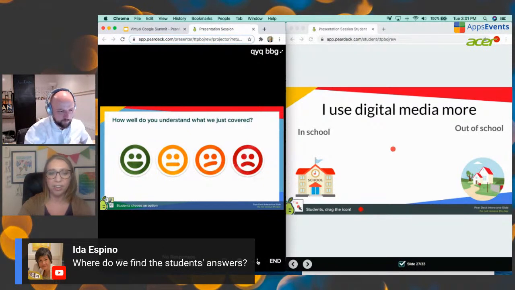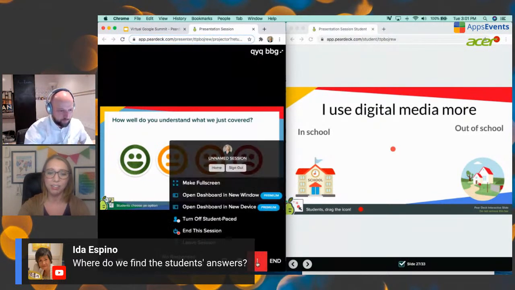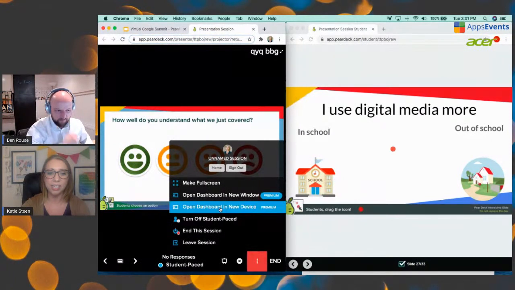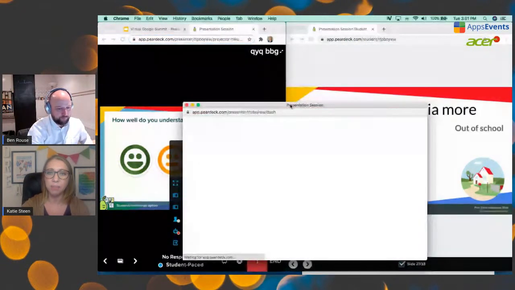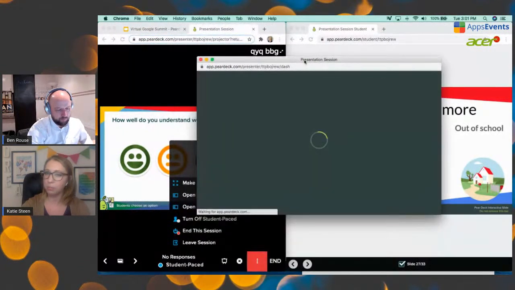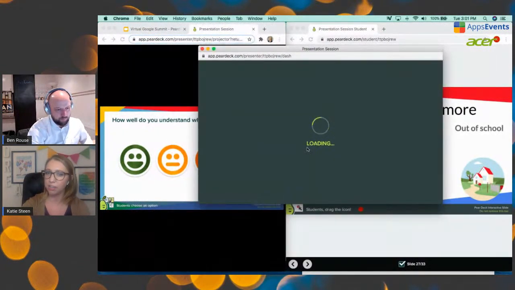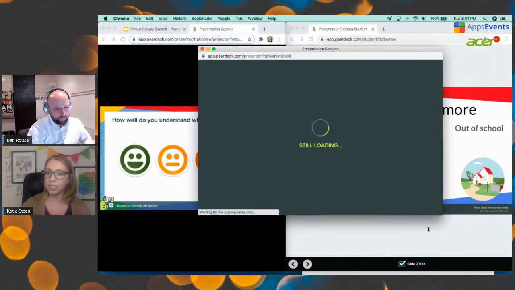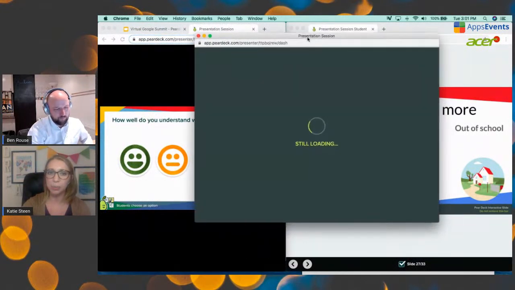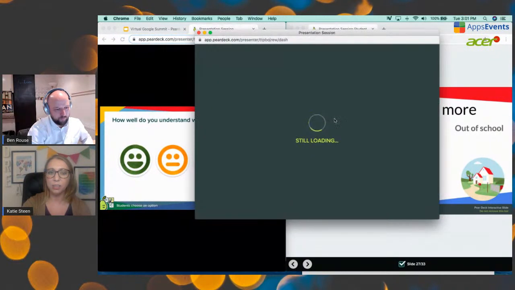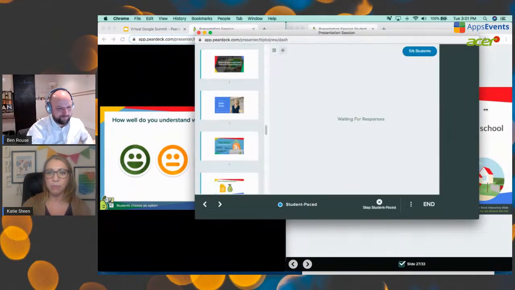Yes, so there is a whole other thing that I have not even got to mention, which is the teacher dashboard. So you can look in that. So here in these little 3 dots is the teacher dashboard. And I believe the teacher dashboard itself is a premium feature. I have to double check on that. Certainly some elements of it are, but in the dashboard, this is one place where you can see student information. So seeing in responses,